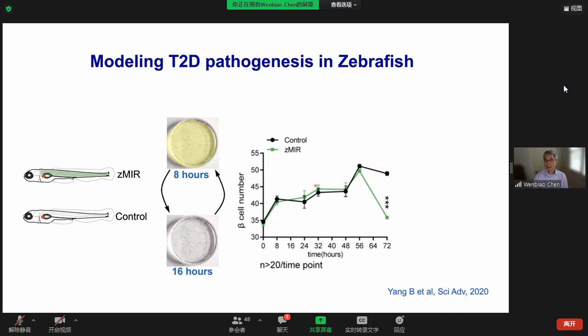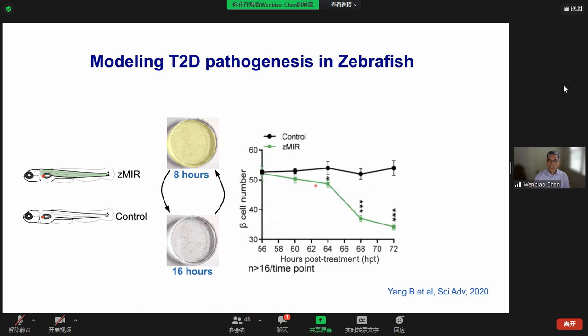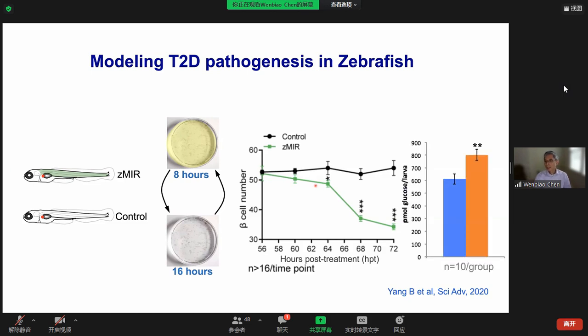However, during the night prior to the fourth round of overnutrition, she saw a very significant decline of beta cells. And she looked at the time course more carefully and found that this beta cell decline occurs in about a 4-hour window. And as a result, the fish become also